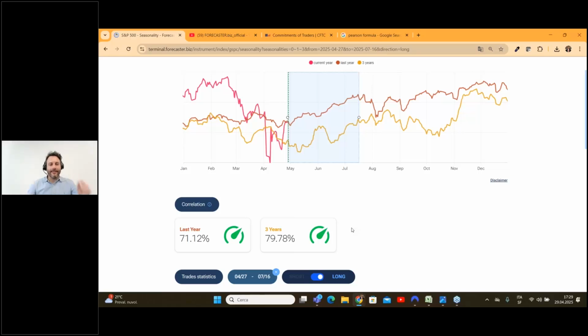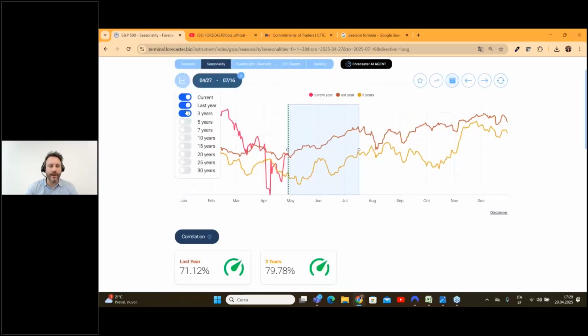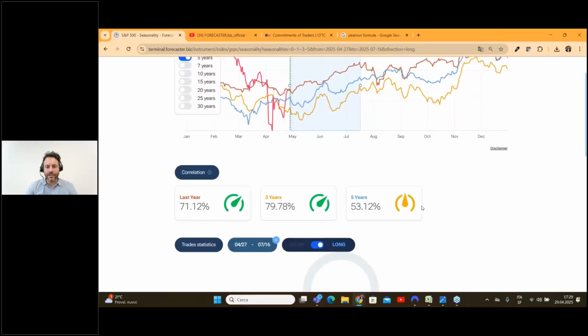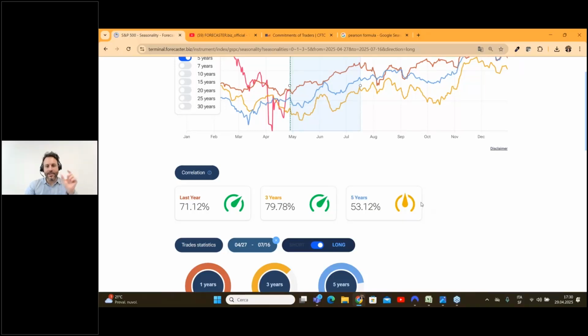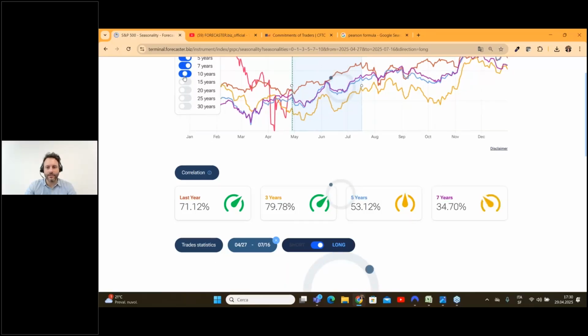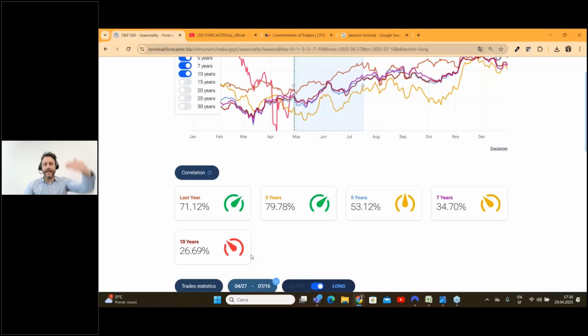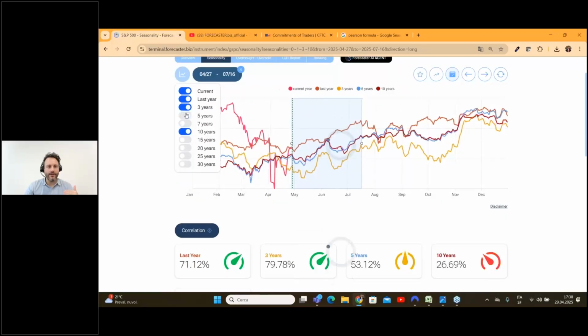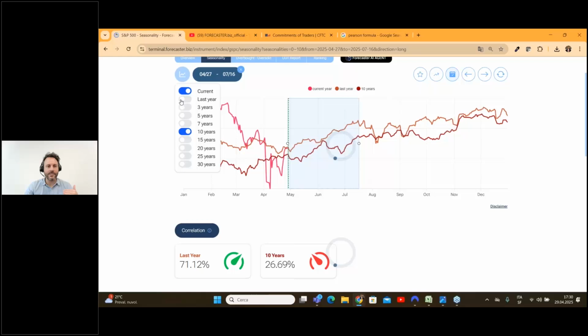You will find yellow correlation, which is not good or bad, when the correlation is between 30 and 70, and you will find bad correlation when it's below 30%. For example, in this case, if you leave only the 10-year seasonality,